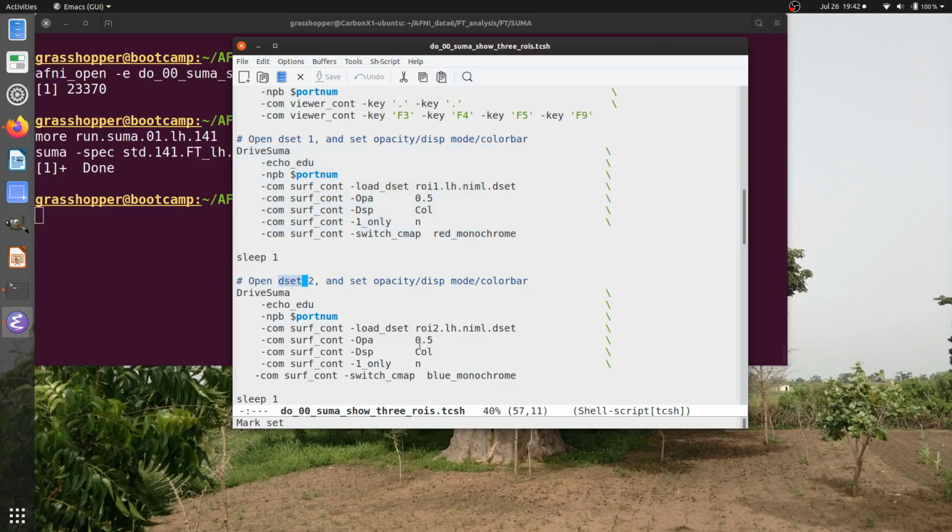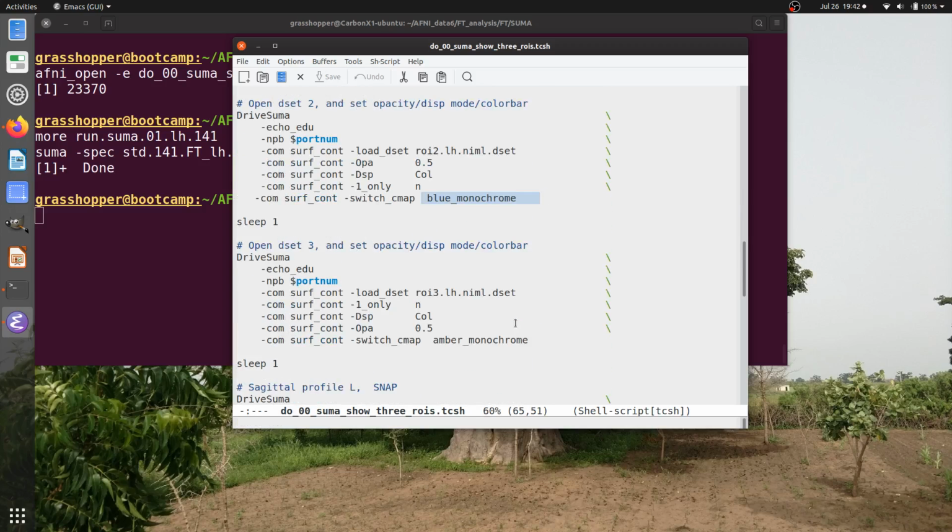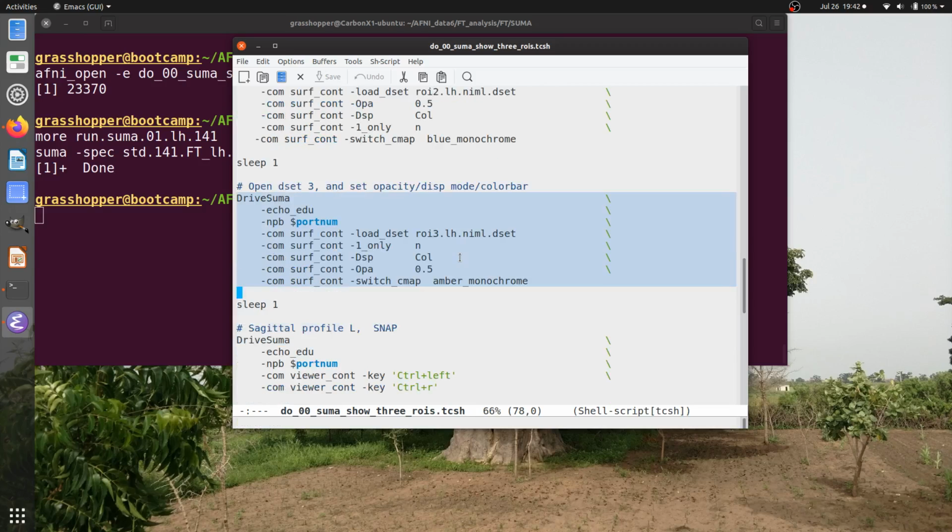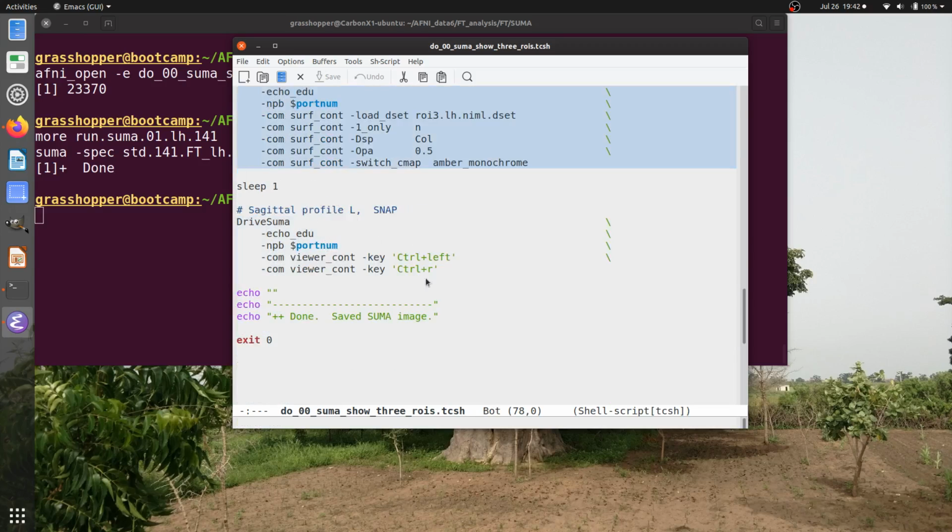Then I'm going to take my next data set, ROI2.niml.dset, and provide a very similar set of commands, with blue monochrome being basically the only difference. And then for dataset 3, again, something basically the same, with amber monochrome. Fine. And then the only thing that's left to do is to take a picture of it, which is the